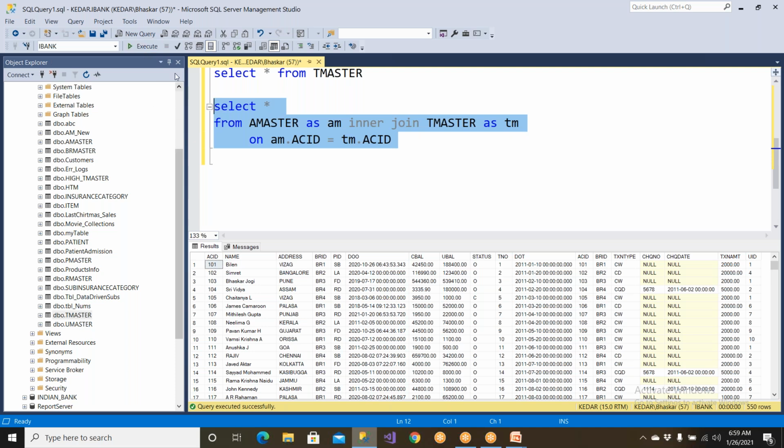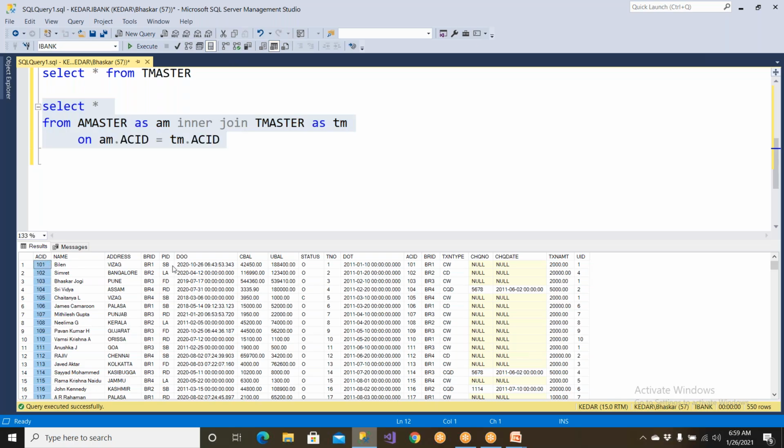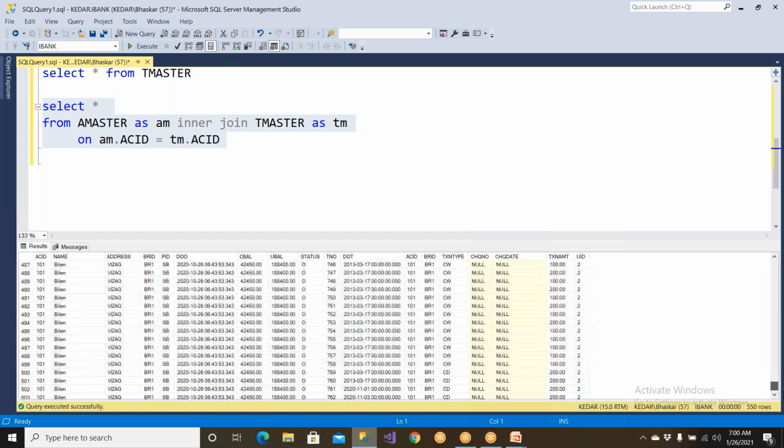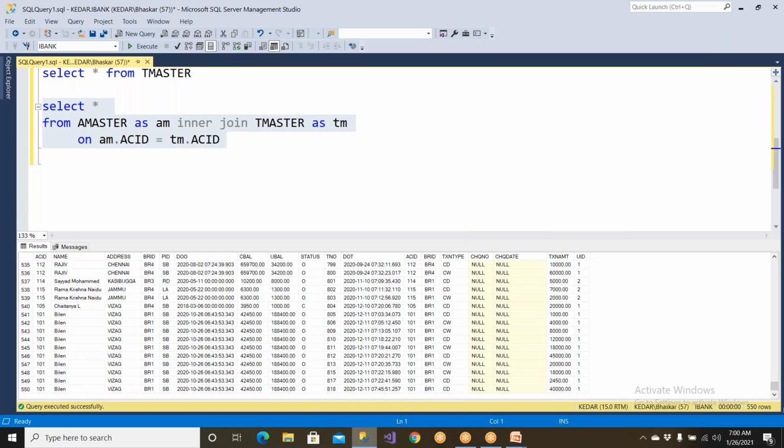You will be able to see this is the data coming from the first table, status and so on, and the transaction number and date of transaction are the data coming from the second table. So the data is matched based on 101 and 101. Have you seen this? The complete number of rows is 550. This is inner join. So Bilin has done a lot of transactions. What kind of transactions has he done? Cash deposit and cash withdrawal. But I wanted to know